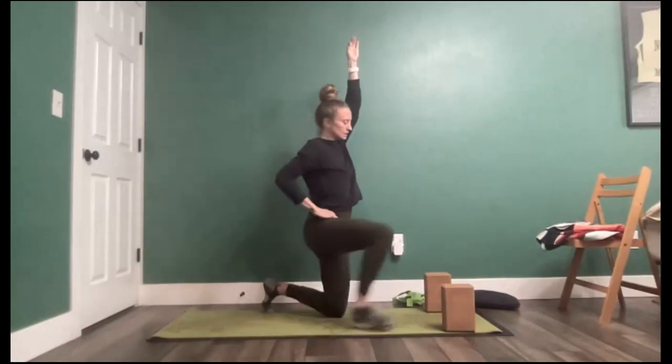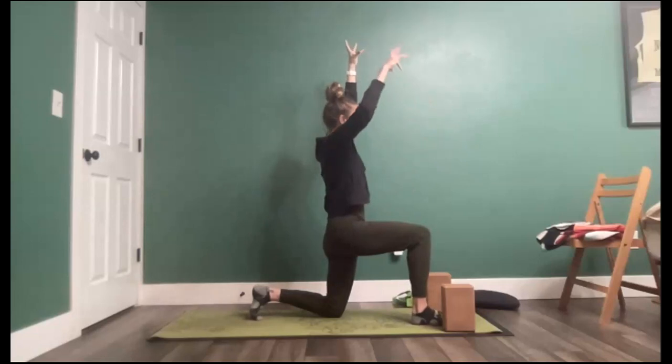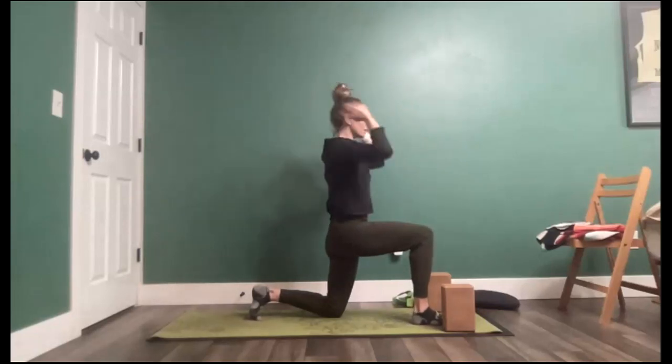Now we're going to add the side body stretch here. So squeeze your left glute, take an inhale. As you exhale, right hand to hip, left hand reaches up and over. Find space from the hip all the way into the armpit. Keep reaching your right hip back. Beautiful work. And then as you inhale, slowly rise back up, arms to the ceiling, and then exhale, half splits,